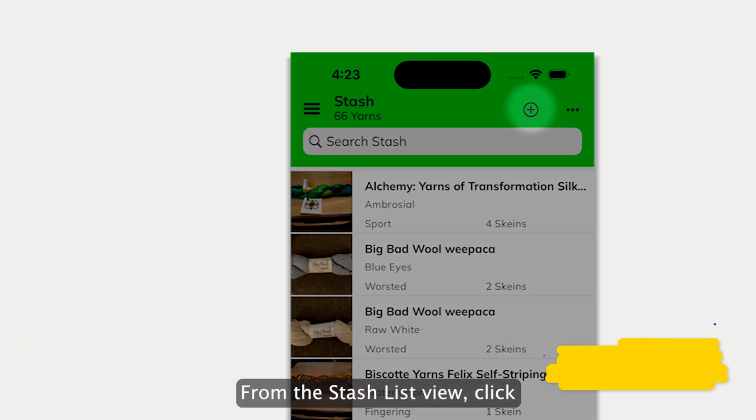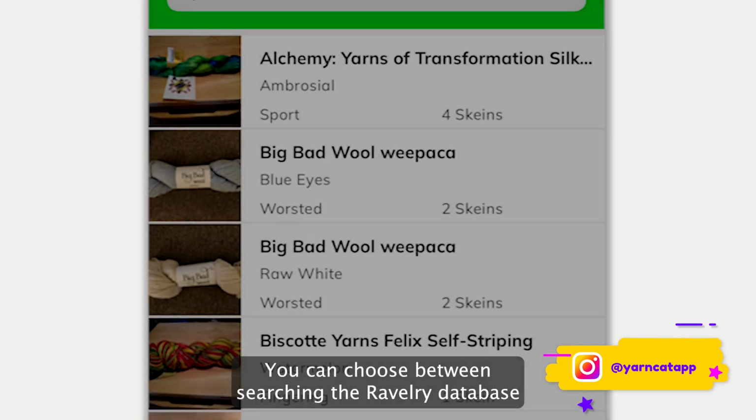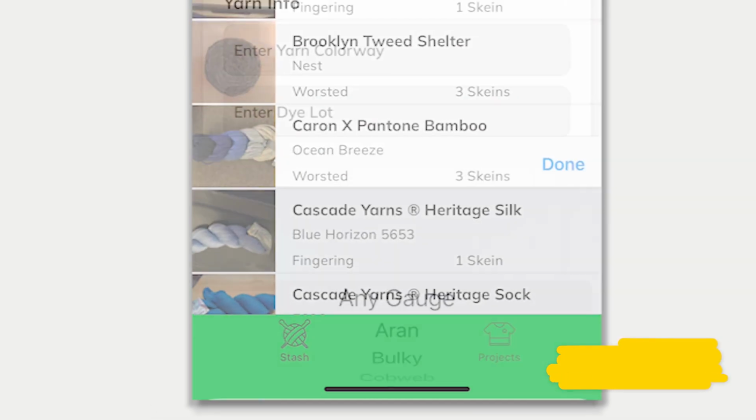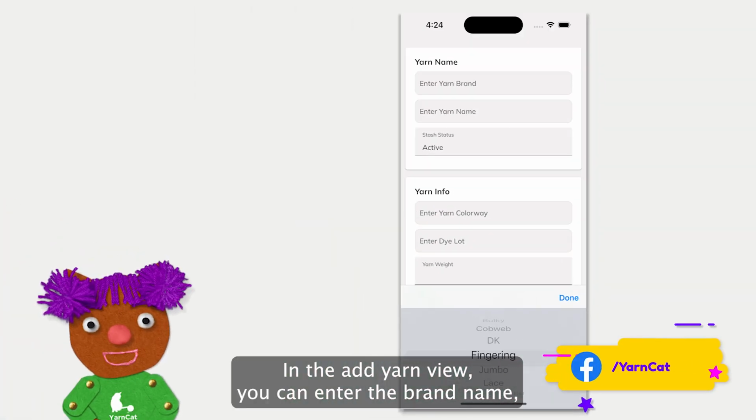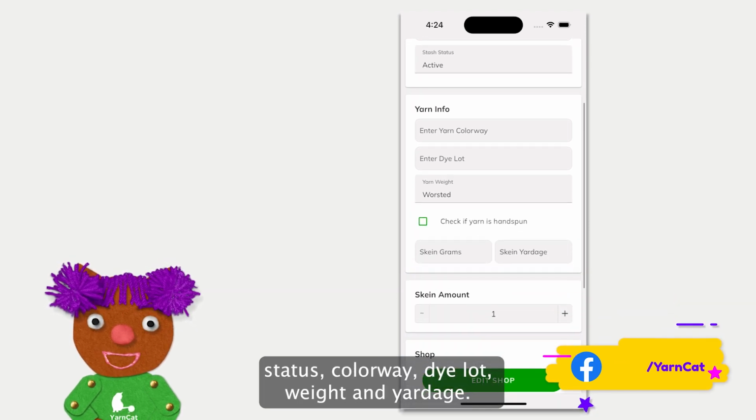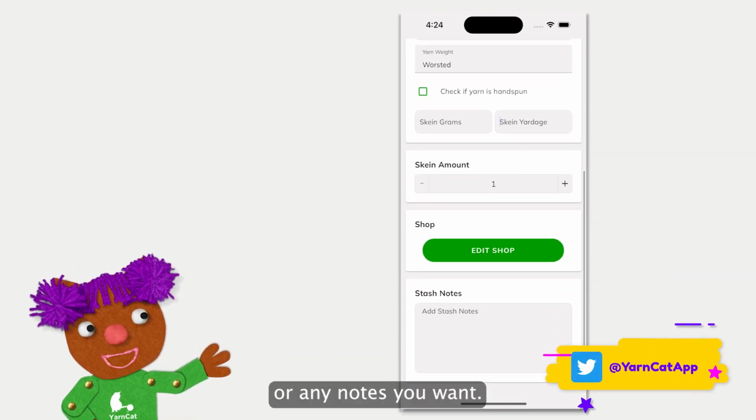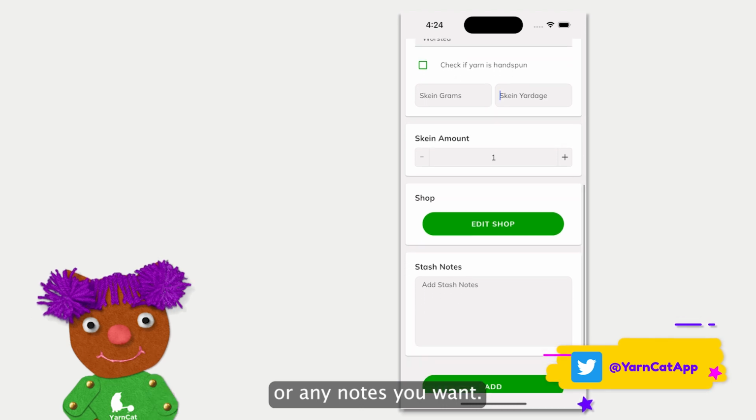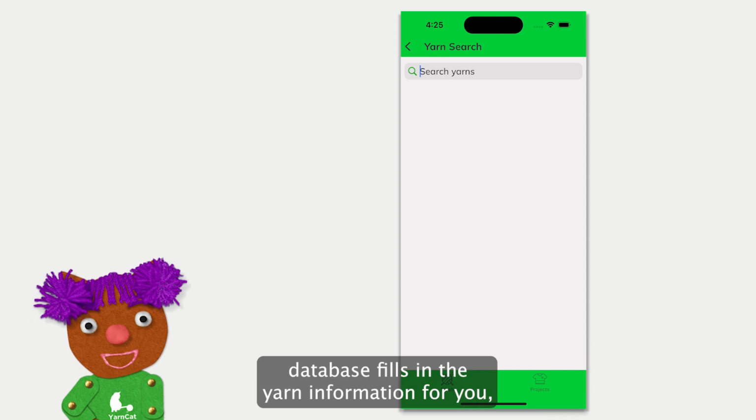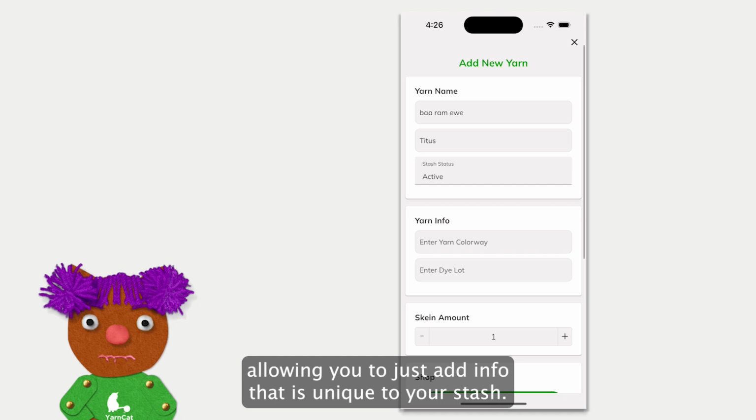From the stash list view, click the plus sign to add a new yarn to your stash. You can choose between searching the Ravelry database or adding all of the info manually. In the Add Yarn view, you can enter the brand name, status, colorway, dye lot, weight, and yardage. In addition, you can add the shop it was bought from or any notes you want. Searching Ravelry's database fills in the yarn information for you, allowing you to just add info that is unique to